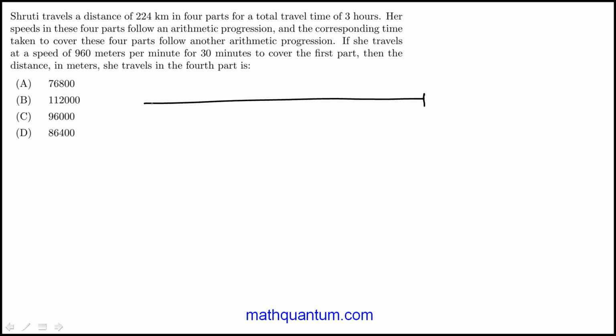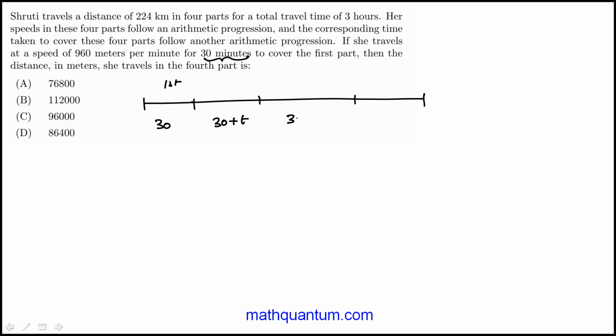So here we're given this trip that is divided into 4 portions. And the first piece is that the times are in an arithmetic progression. And that for the first part, the time taken is 30 minutes. So if that common difference is t, I'm just using t so that you can kind of think of it as time,